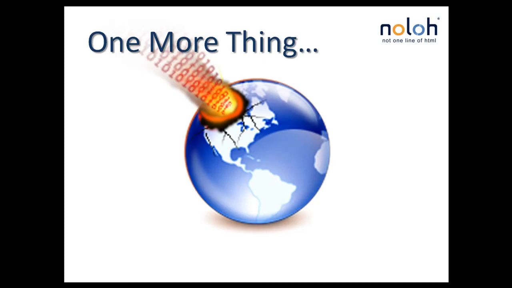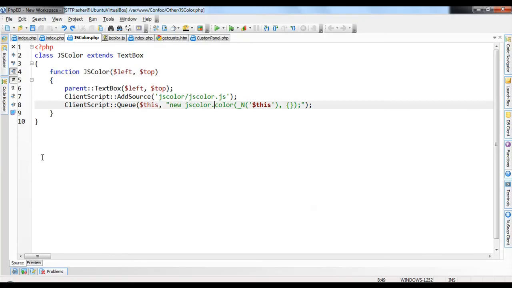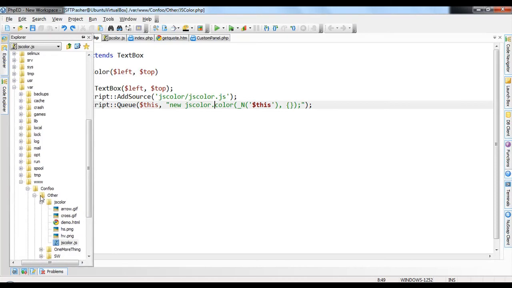Many Comet frameworks that are out there will only implement one, whereas we implemented all three, and we actually have one that we're creating ourselves that we can't demonstrate here, that we'll demonstrate sometime in the future. But needless to say, it's very, very powerful, and we believe it to be a better implementation than the current transports. So now I'd like to demonstrate how very easily in NOLOH, just like everything else, you'll be able to do Comet. So let's go to our one more thing folder.